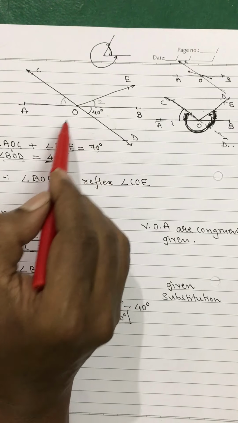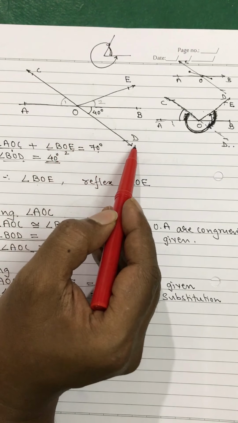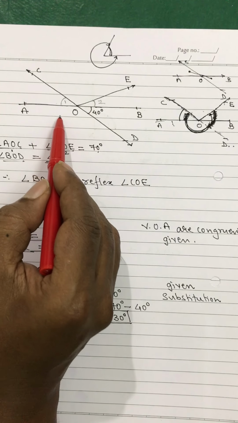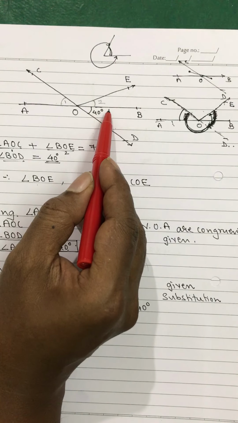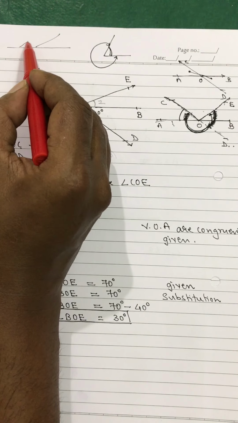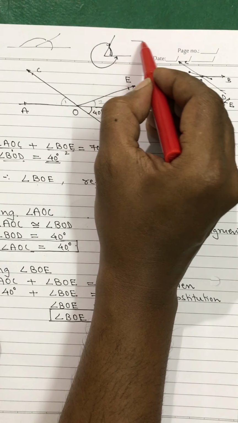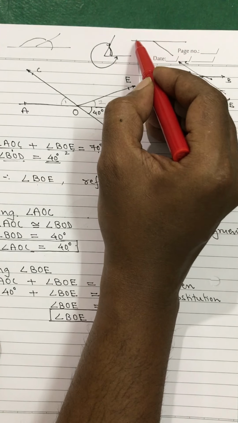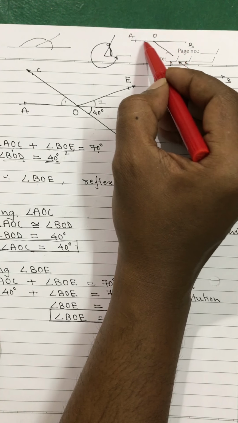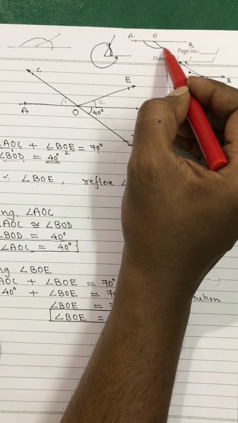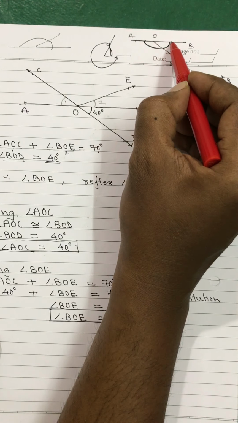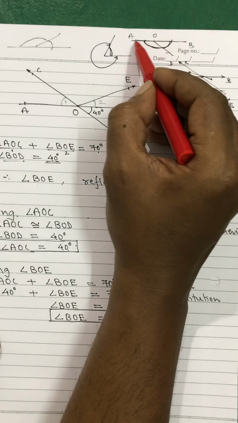Okay. Can you make out, my dear students? Angle AOD is actually forming a linear pair with angle BOD. See, this is angle AOD, angle DOB. Usually we form the linear pairs like this, this plus this. But this linear pair is formed like this. This is AOD and this is B. Angle AOD plus angle DOB, the complete angle will be angle AOB, and that is a straight line.